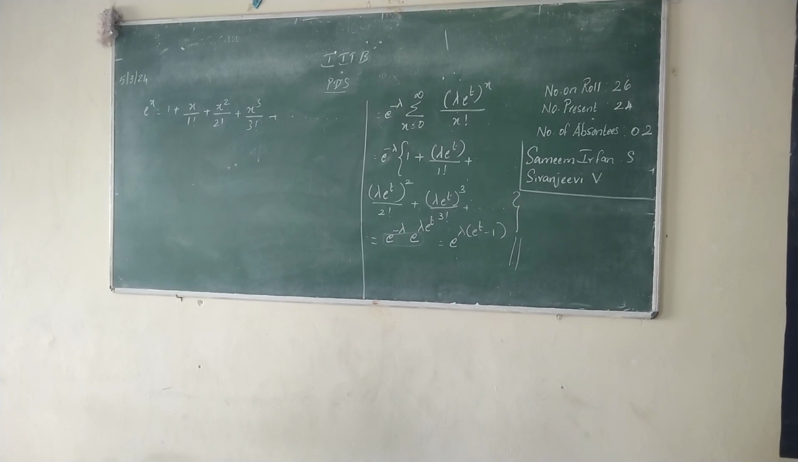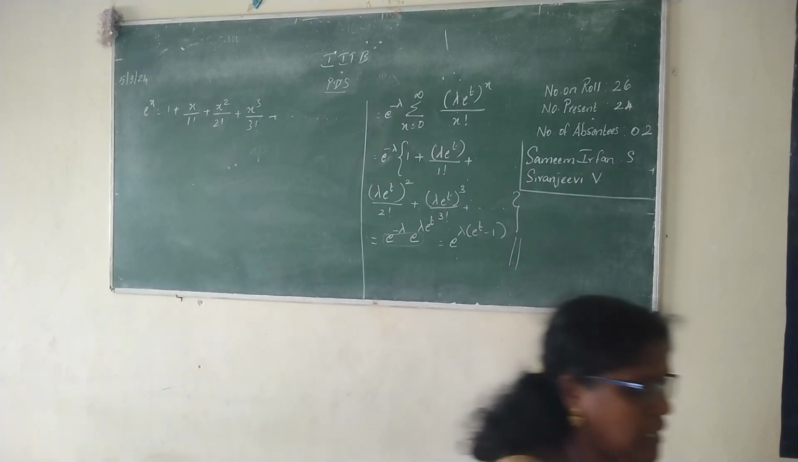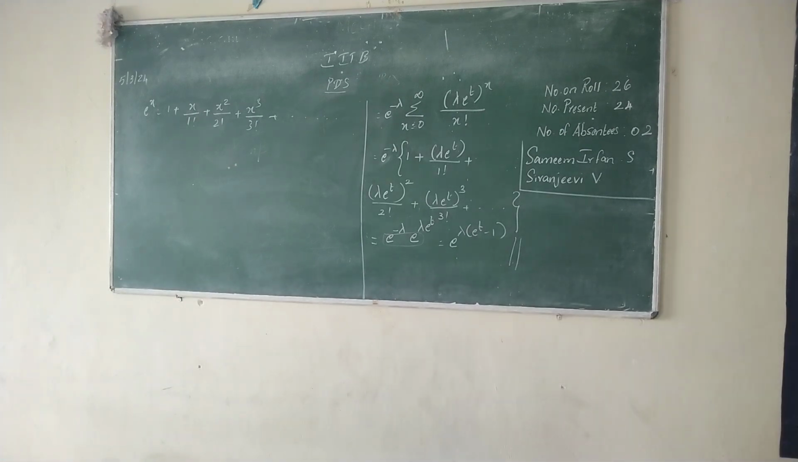So what is the MGF? E power lambda into e power t minus 1. Now using this MGF, what you are going to do is derive the mean and the variance. So write mean is equal to